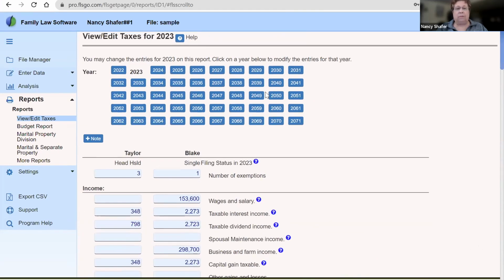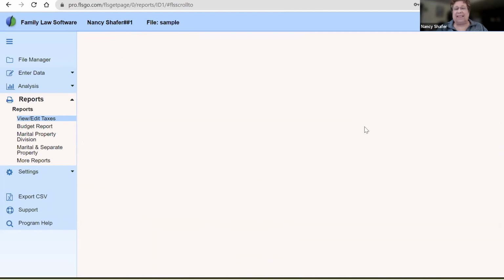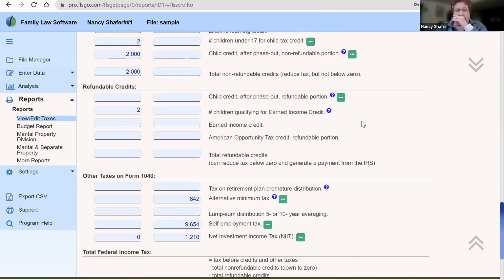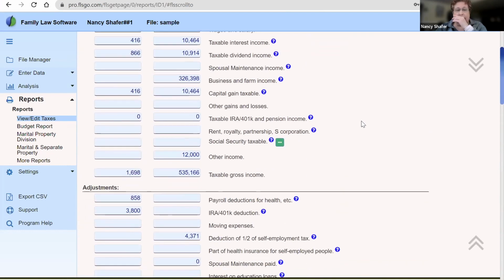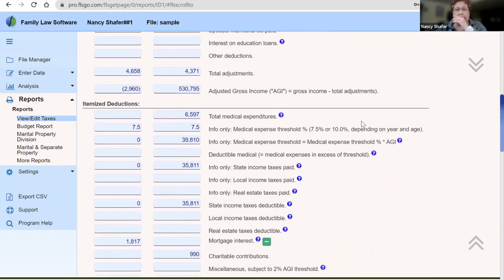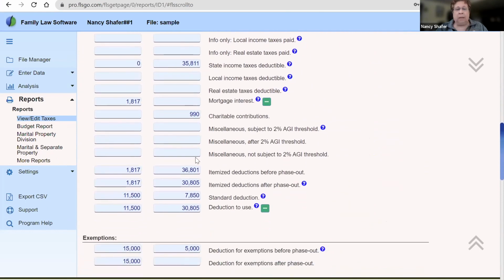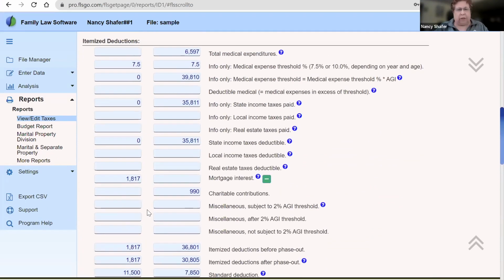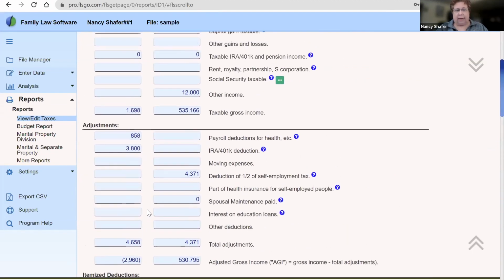If I move this forward to 2026, after those changes have ended, you will see, whoops, went too far. Sorry about that, giving everybody whiplash here. Now Blake's tax deduction is $30,000. His went way up, and only $11,500 for Taylor. There may be other changes, a kid emancipates or something, that would have changed her taxes, but